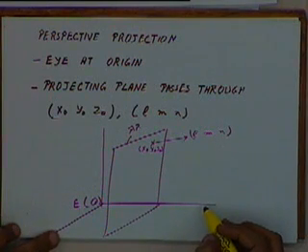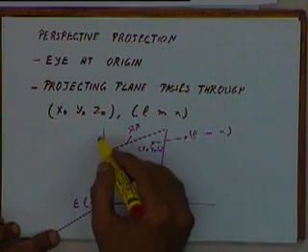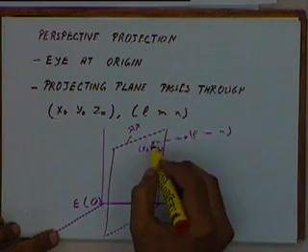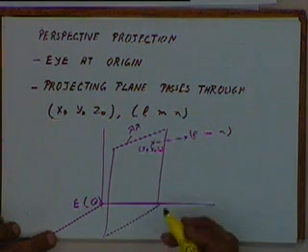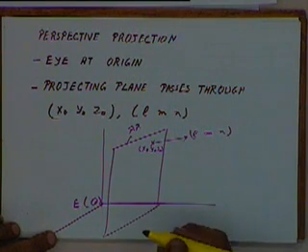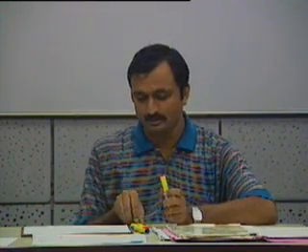Rotate the coordinate system. Okay, so we rotate the coordinate system so that the plane is one of the principal planes, like the XY plane. And then translate. So we rotate and then translate so that this projecting plane becomes one of the principal planes. Okay, that can be one way of doing it. But there is a much simpler way of doing that.